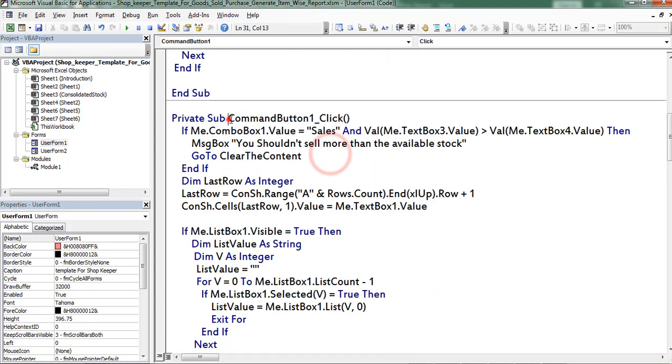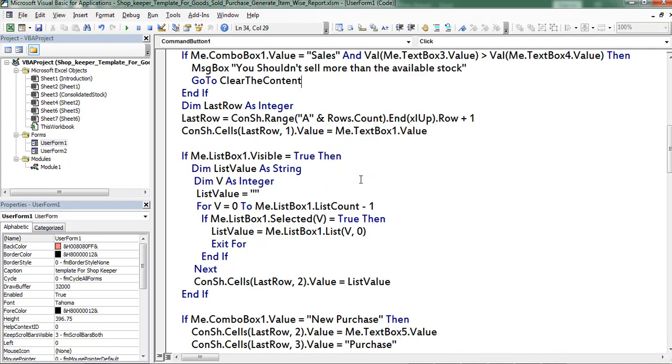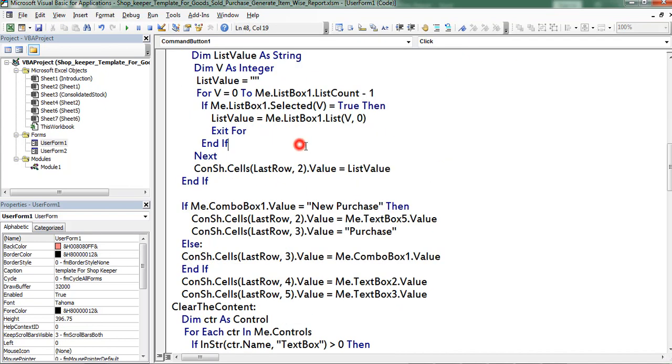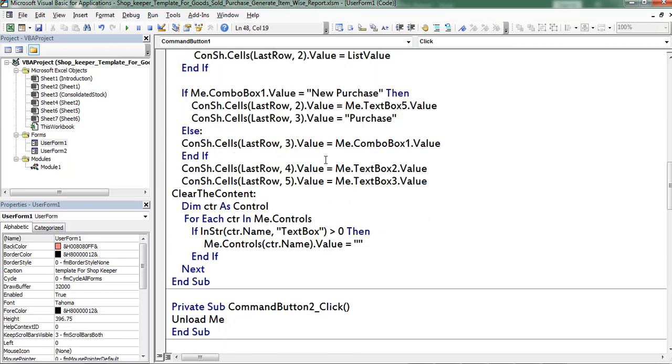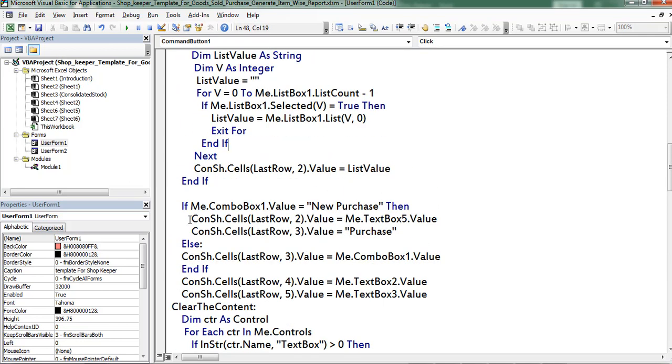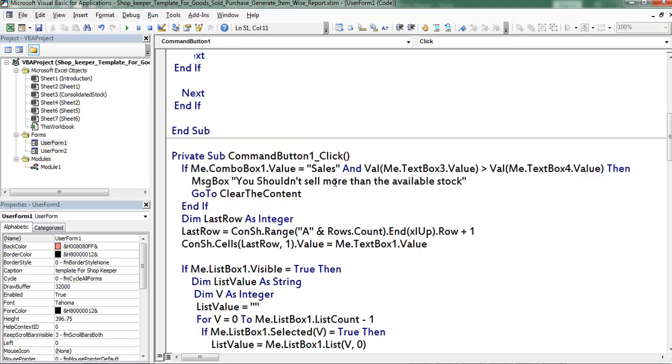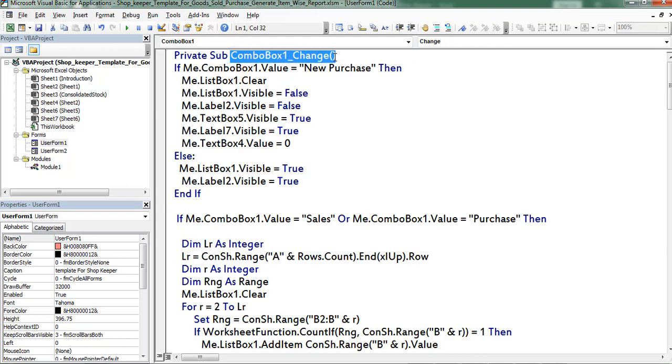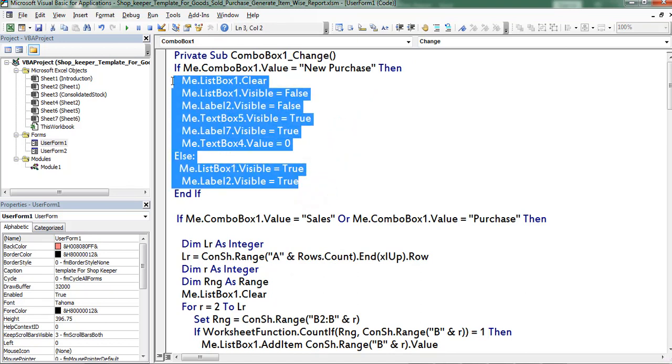After that, if the user clicks on the update command button, the application is going to execute this piece of code, which copies the data from the user form to the Excel workbook. Here I am using the change event of the combo box. Whenever a change happens in the combo box, the application changes the visibility of the underlying controls.